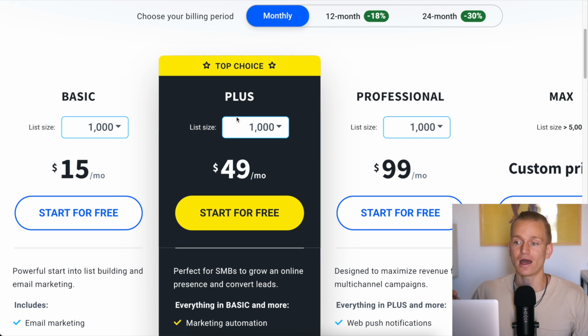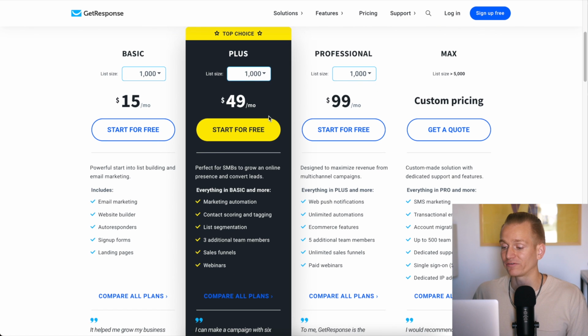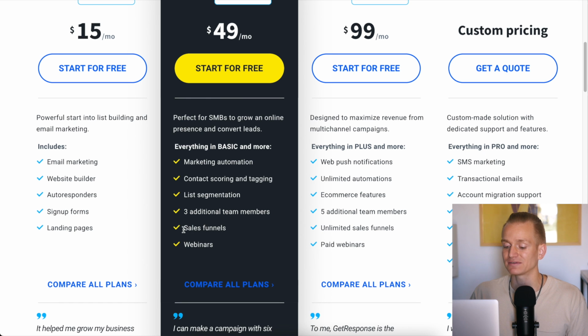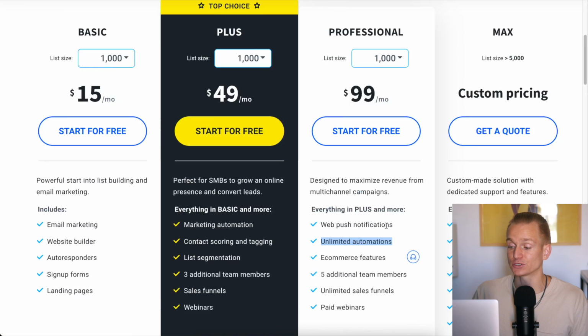So that is a lot more expensive than MailerLite, but again, you are getting all of those additional features that can add up to a lot more revenue for you. And if you want to go even more advanced, you also have the Professional plan. And with the Professional plan, for example, here you have sales funnels, but I believe you can only create, I think, 5 different sales funnels and 5 different automations. With the Professional plan, you're not going to have any limitations. You can create unlimited automations, unlimited sales funnels, and so on and so forth.